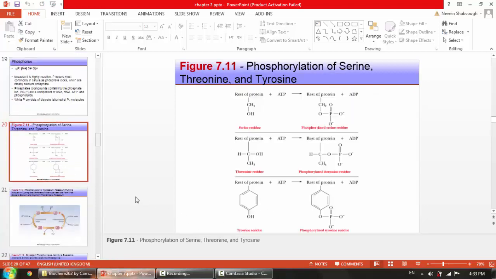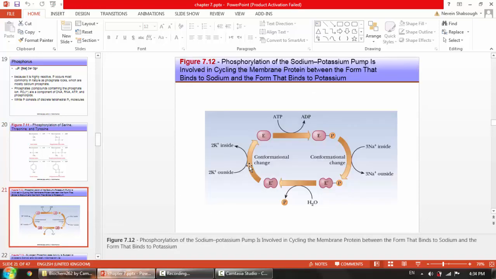This is how it looks. You have here a serine residue become phosphorylated, threonine residue become phosphorylated, and tyrosine residue become phosphorylated. Now, an example of that is the so-called phosphorylation of the sodium-potassium ion pump, where